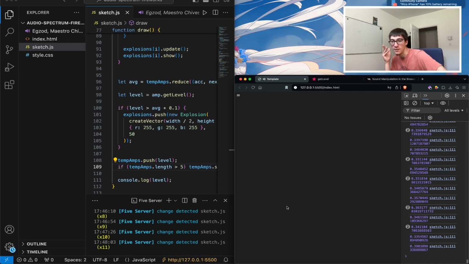So yeah, I would probably suggest to you to use the FFT so that you can isolate which amplitude you want to look at, right? Do you want to look at the base amplitude or the highs frequency amplitude or the middles, right? And with that you could possibly assign the color based on which amplitude you used, right? Which frequency you use the amplitude from, right? So if it's blue, that means it was from a